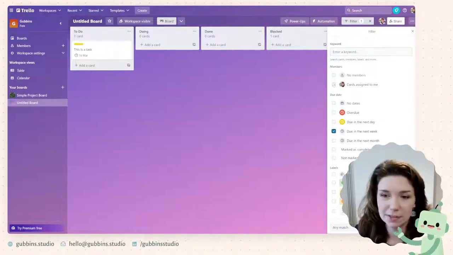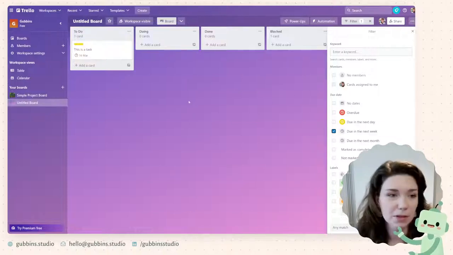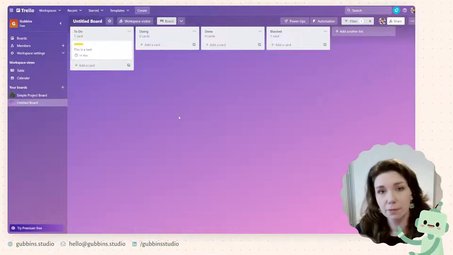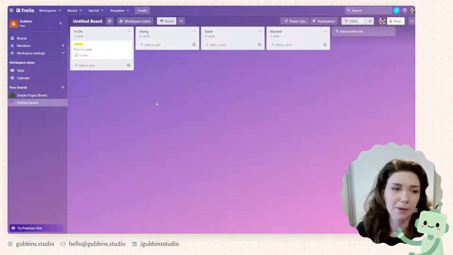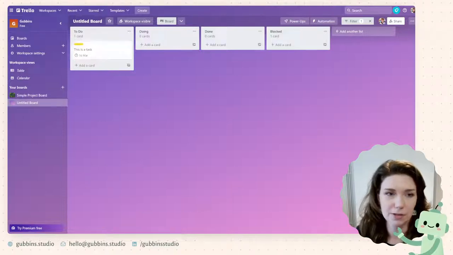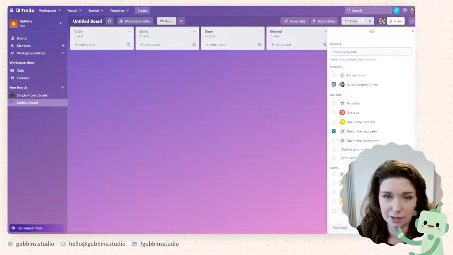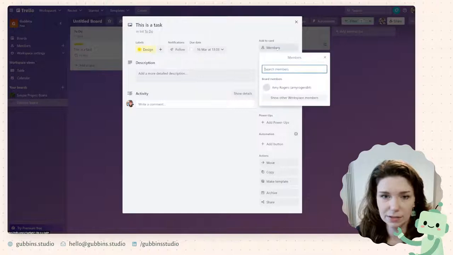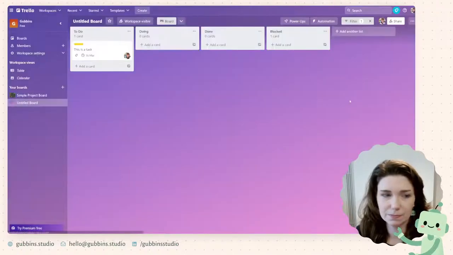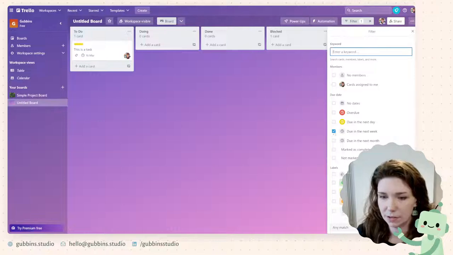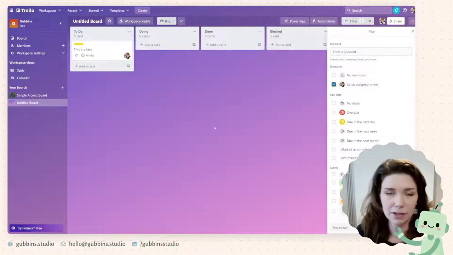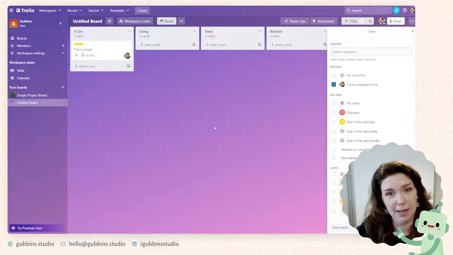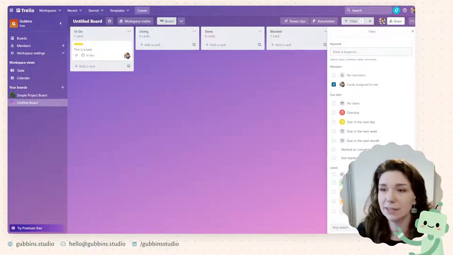Cards assigned to me as well. This is a very handy feature. I use this all the time. So on the point of collaboration, if this board is full of everybody's work, so say you're working with three other people, and you have all of your work in to-dos and everybody has their stuff together and doing, if you filter it by just things that are assigned to you, actually I'll assign this to me super quick. Me. So if I filtered this just by things that I was working on, then it simplifies the view. I don't have to worry about anybody else's stuff. I always think that's really handy.